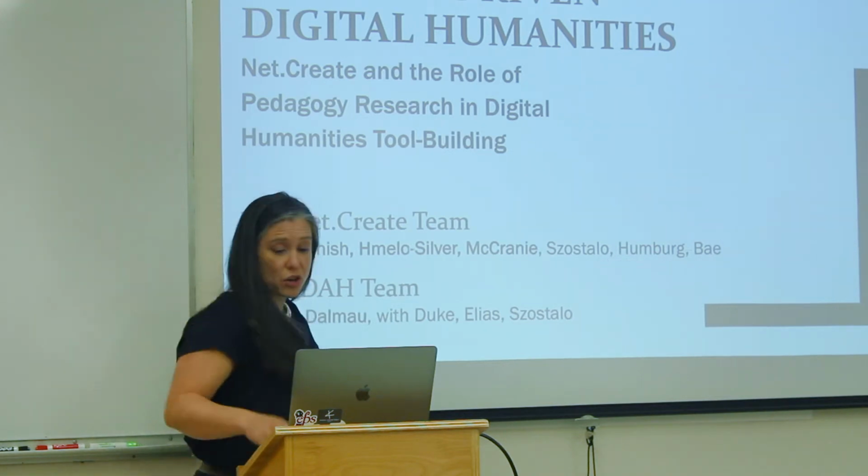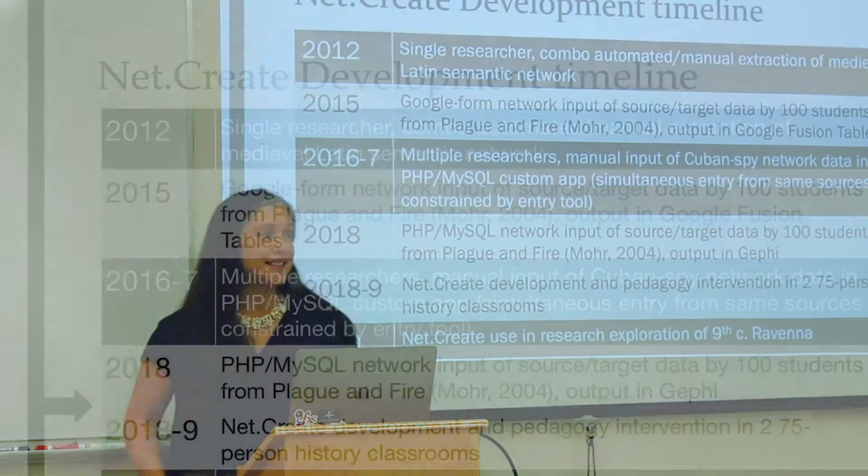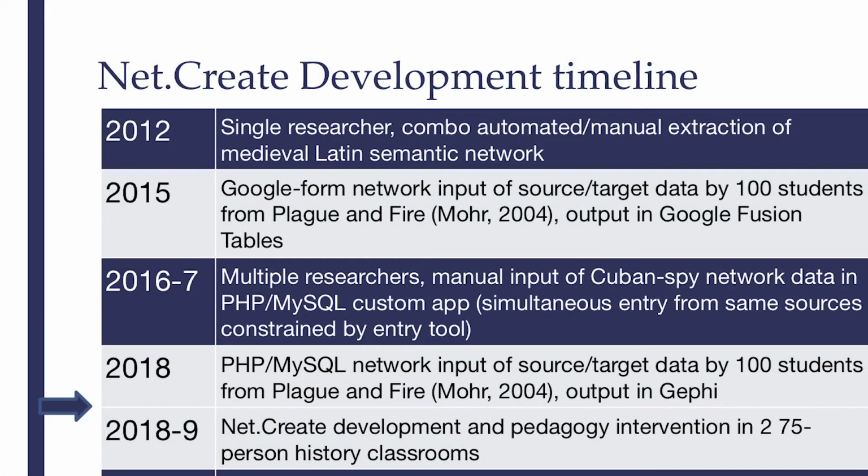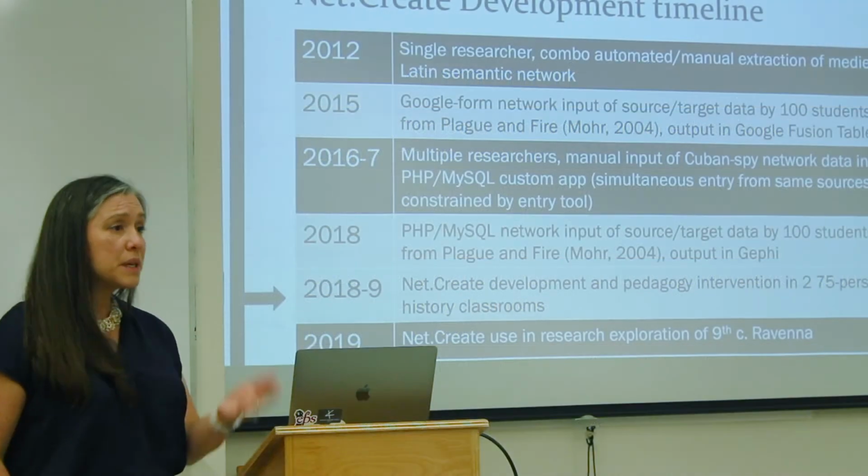So, like any good historian, we start with history and dates. This has been through a number of different iterations, from the sketchy version of Latin semantic extraction that I did for my own work early on, in the last couple of years of grad school, to a Google form that was the first encounter my students had with network analysis. The NetCreate tool that I want to talk about in its 2018 and 2019 version today has gone through 5 or 6 different iterations,